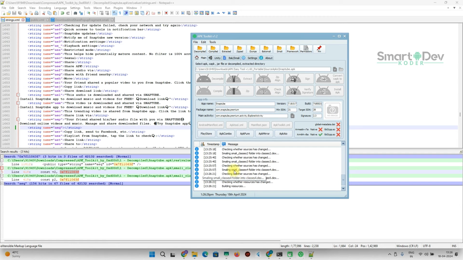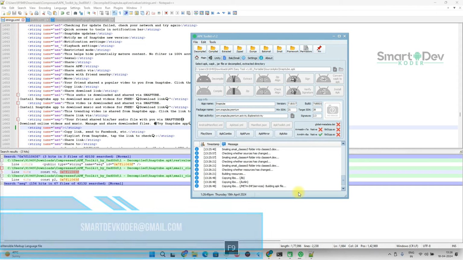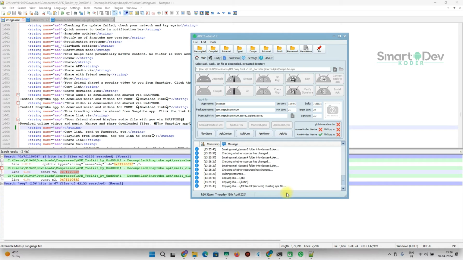See, almost all smali folders have been converted to dex file here. Now the process may finish in a few seconds. Finally, the APK file is being built. Now you can see in the log it is showing zip align complete, now signing. Then sign complete. So these 3 steps are more important